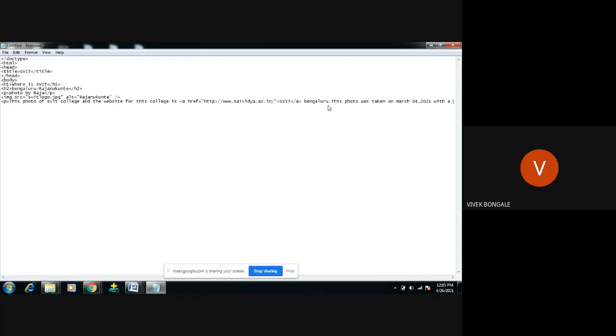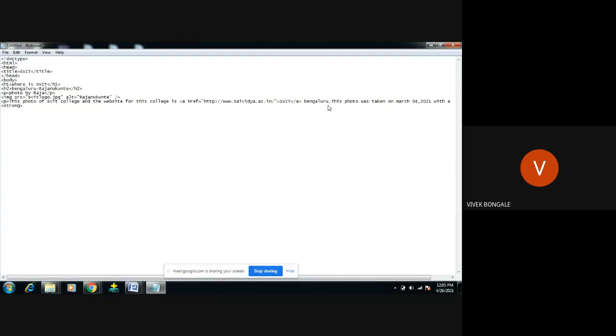Now I will use one more tag. I'm going to use one more element inside the p tag, which is the concept of nesting, right? So I will use a tag by the name strong. I'll take this to the next line, strong.